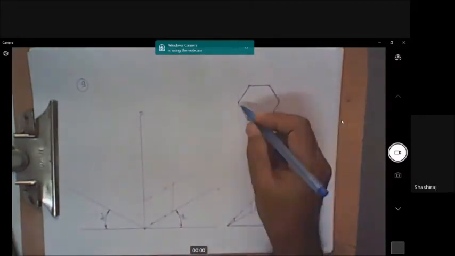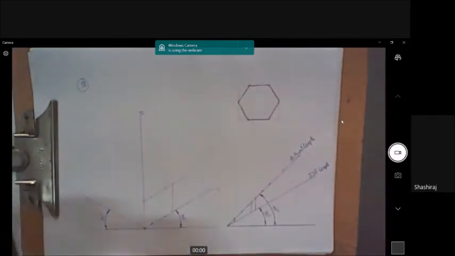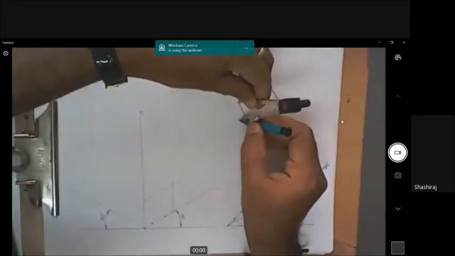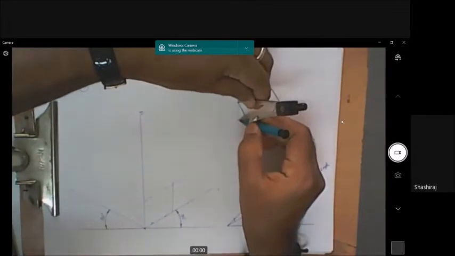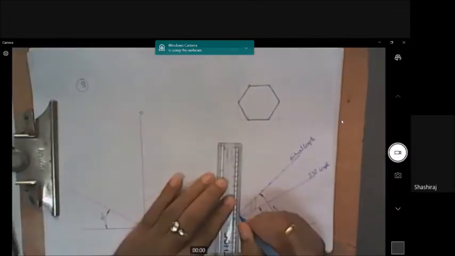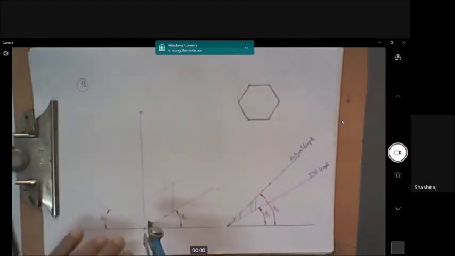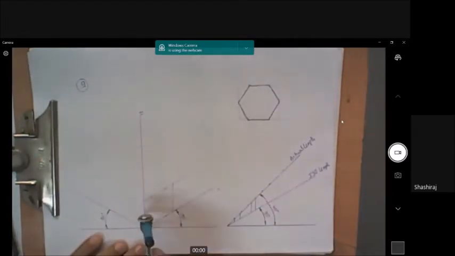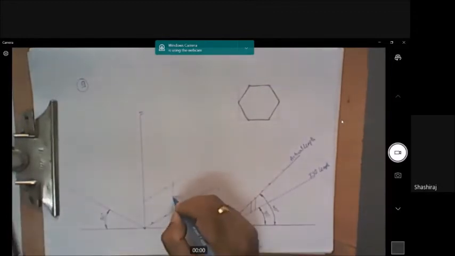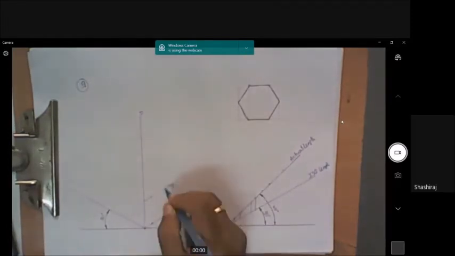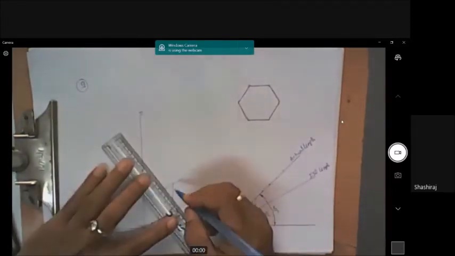And to mark these 2 points, I have to take the isometric length of this portion, this much distance, length on this line, that axis, and same distance here also. So I got 2 more points of the hexagon. So I can complete this hexagon by joining these points.